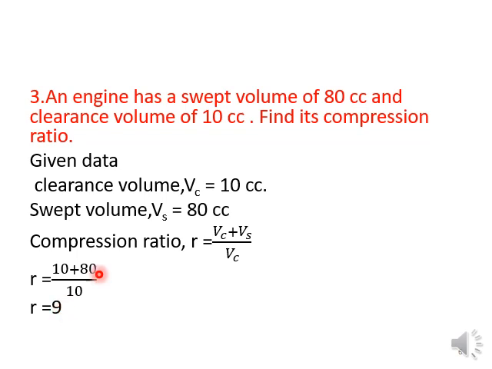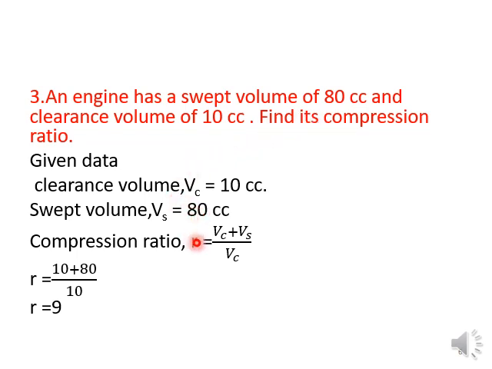So this problem is important for only 1 mark. For C18, part A consists of 1 mark, part B 3 marks, part C 5 marks. So these types of questions are only for 1 mark. They give both the swept volume and the clearance volume, and simply ask what the compression ratio is.